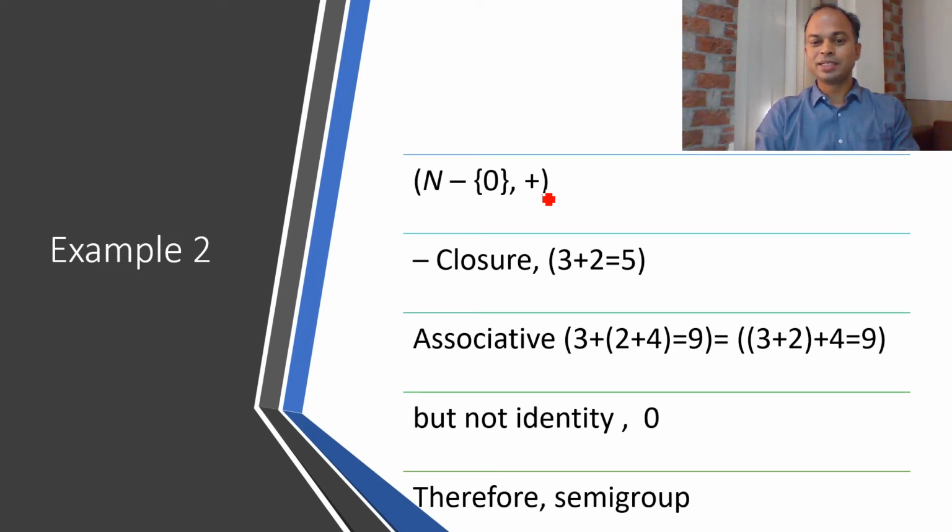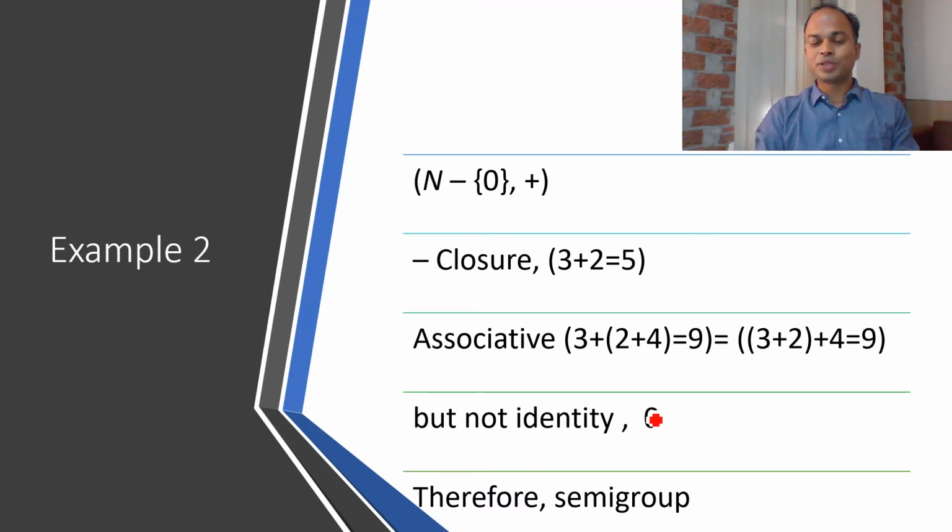So we are checking whether this is a semi-group or not. If we are applying the closure property, I mean we are taking two numbers, say 3 plus 2. 3 plus 2 equals 5, and this 5 also belongs to natural numbers. So we can say that closure property is satisfied. I mean we have to take all numbers and the summation also gives a natural number, then closure property is satisfied. If we are applying the associative property like this, 3 plus 2 plus 4, then in both the cases the sum is 9. Both the terms are equal. So we can say that associative property is satisfied.